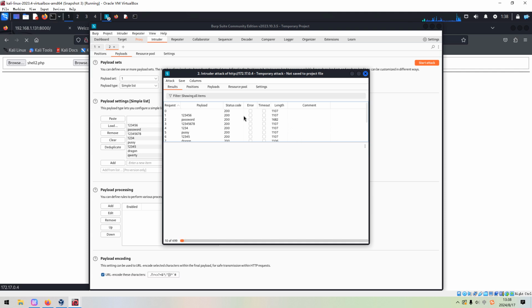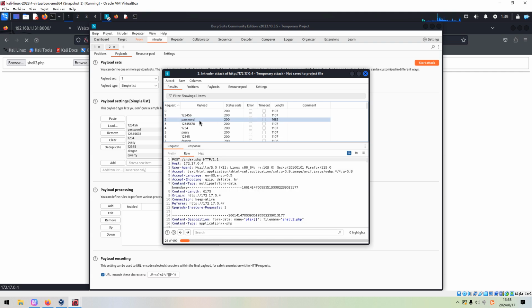As you can see, we successfully launched the attack, and immediately from comparing the names, I think we do not need to proceed with this attack. I think we have already found this simple password, which is password.